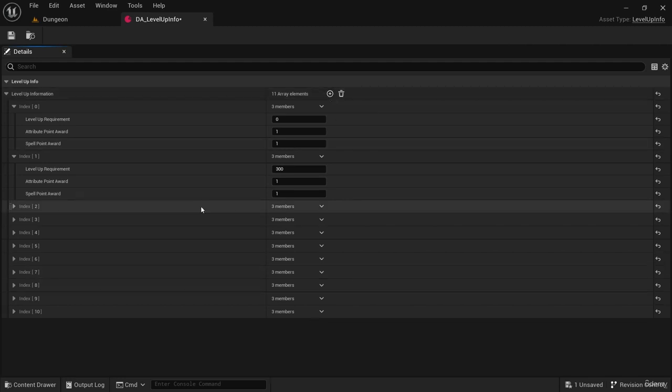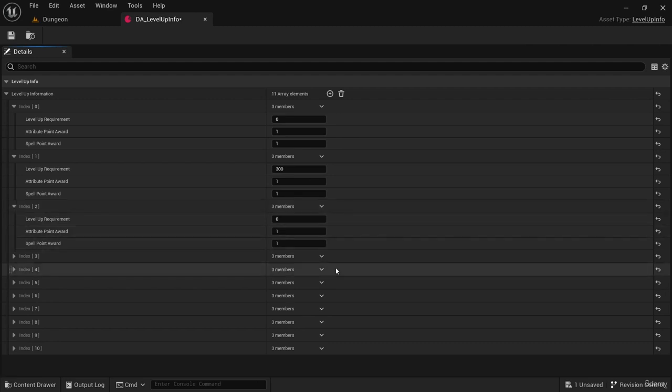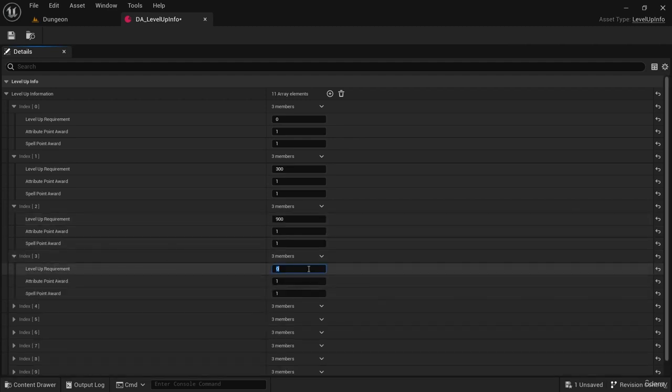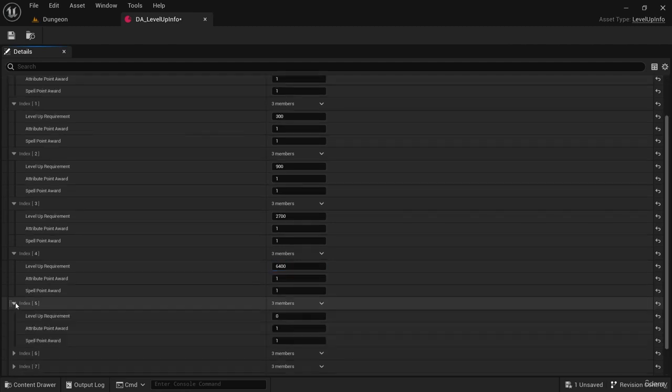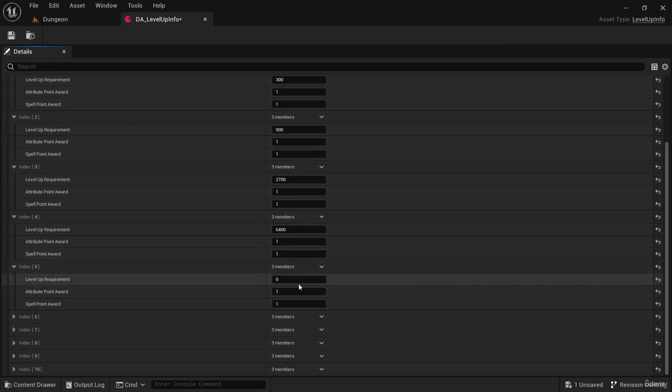Now, there are lots of other popular role-playing games. Some are video games, some are tabletop RPGs, and there's one pretty good one you could use as a reference. It rhymes with Dungeons and Flagons, and I'm going to use numbers that are similar to that. So my level up requirement for level 2 is going to be 900. For level 3, it's going to be 2700. For level 4, it's going to be 6400. For level 5, it's going to be